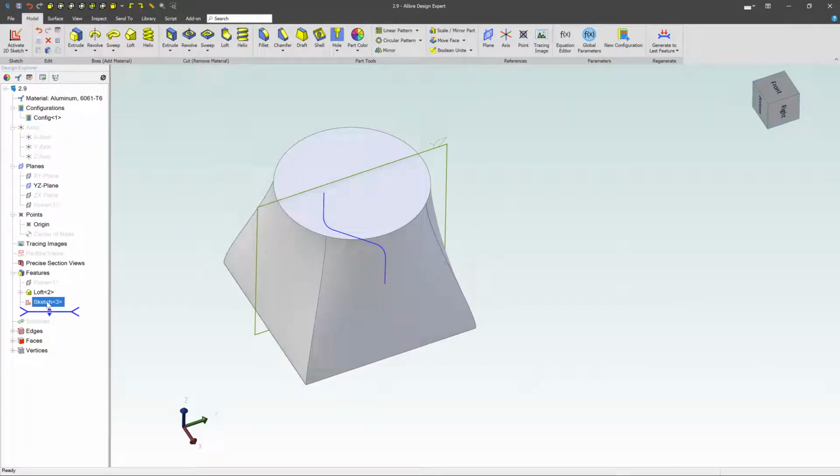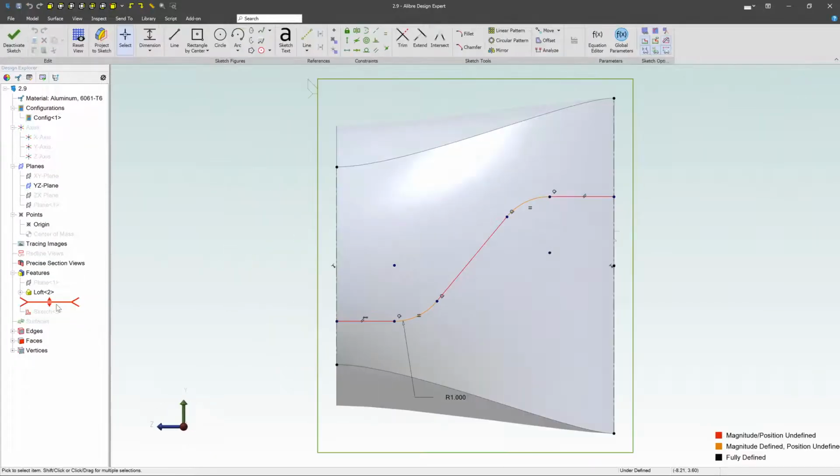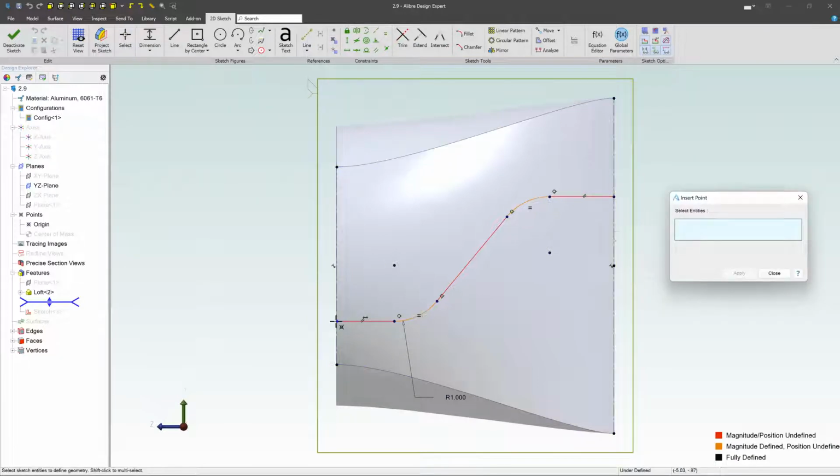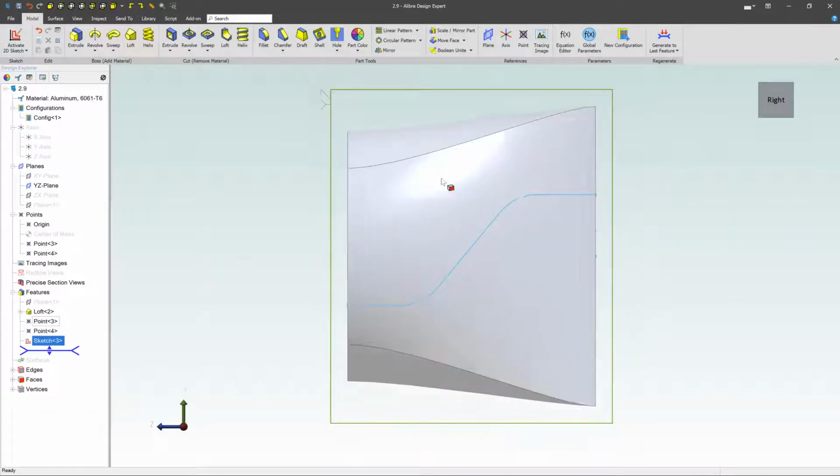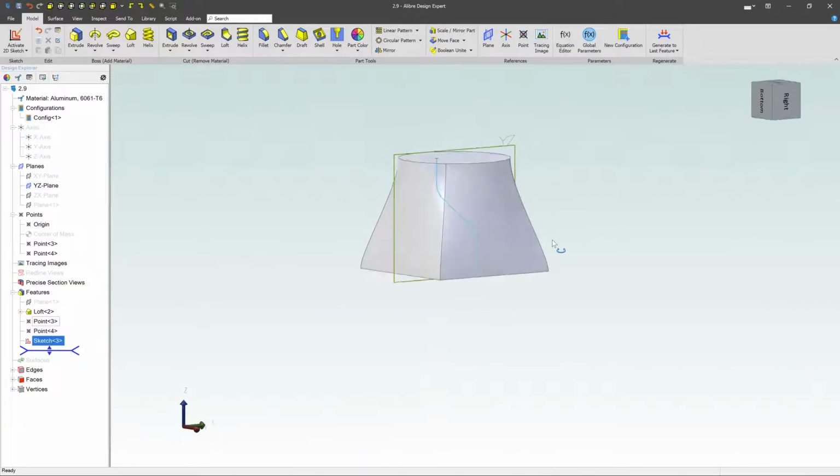So over here is sketch number 3, right click on it, click on edit, and come up here under references, and right here you can see insert point from sketch. Click on that one. All right, I want to choose that top surface. Click right there and apply, and it should show up right over here. Right, and then do the same thing at the bottom. So click on that point right there, apply, shows up over there, and hit close. Okay, and then deactivate the sketch, and now we have everything that we need to create the next couple of